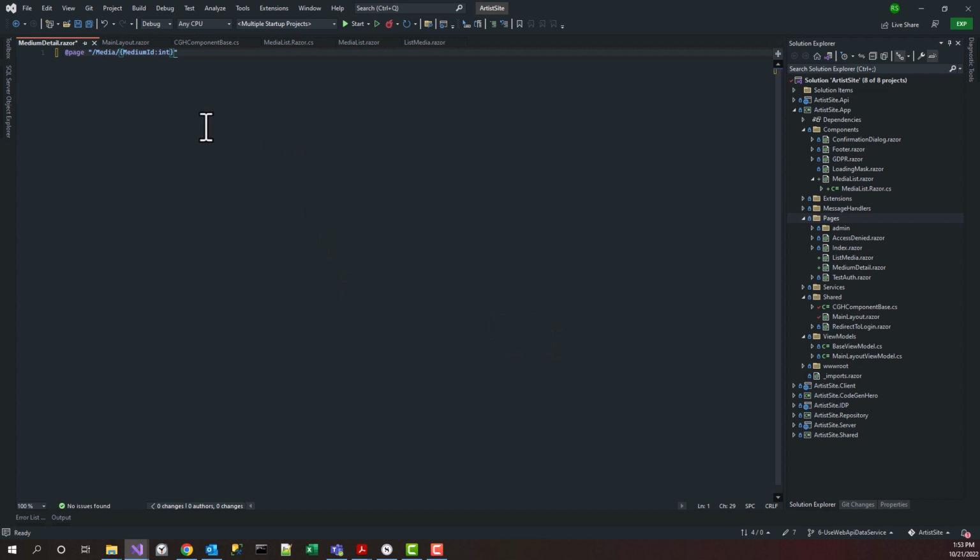And now this page's route is going to be /media/ the ID of the medium we select in the previous media list page. But in order to use that, we're going to need to set up our properties. So we're going to follow the same pattern as we did with our media list and create a separate view model class in the background,